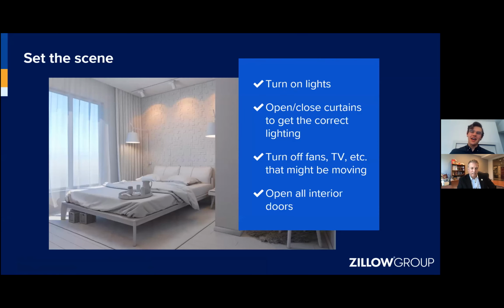A few quick tips as you're going through the house. We find that the images turn out way better the more light that you can bring into the room. iPhone cameras are pretty advanced today, where if you have a bright window and the back of the room is a little darker, it'll be able to balance the light. So a lot of times you'll be able to see through the window, and you'll also be able to see into the room. But overall, we find opening up all of the blinds, turning on all of the lights in each room, turning off fans or televisions, anything that's going to give you some motion that'll turn out blurry,